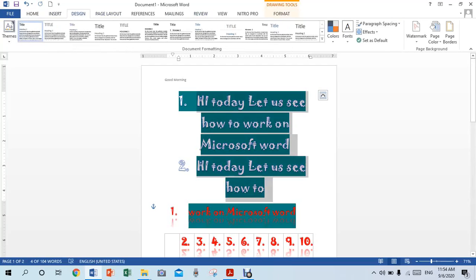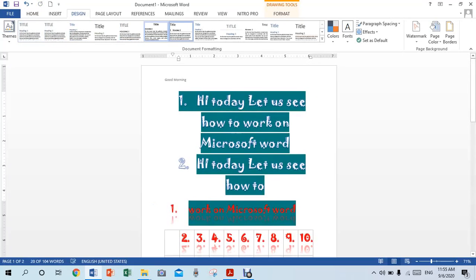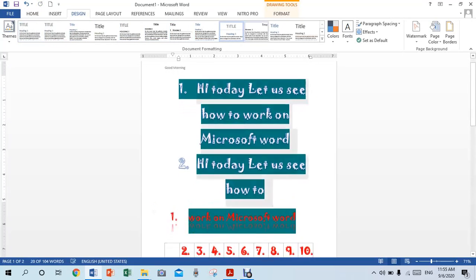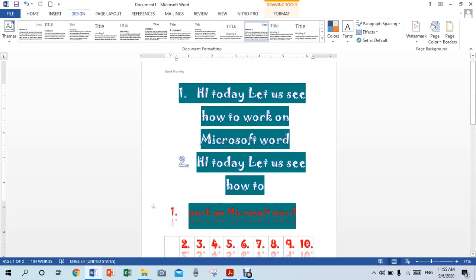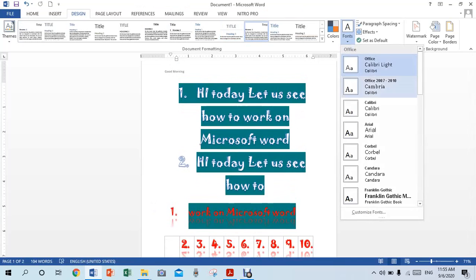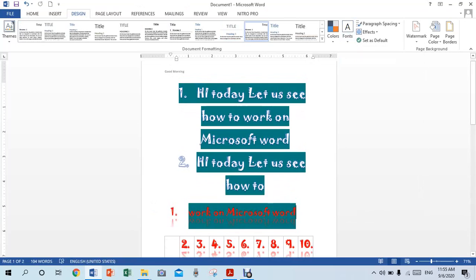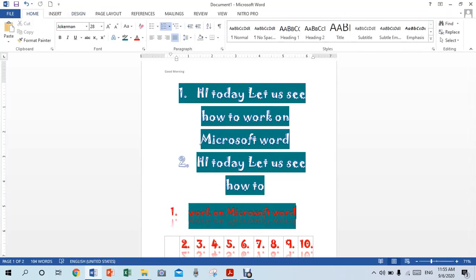If you want to select all of these, you can press Ctrl+A and choose your favorite design. And also you can choose your favorite fonts, which is in the home tab itself.